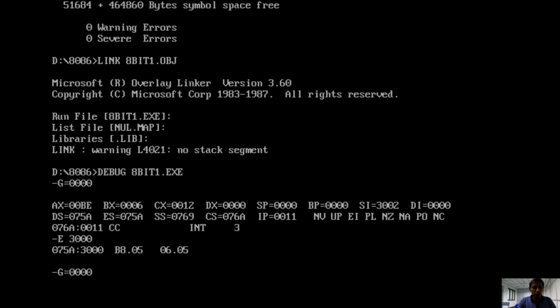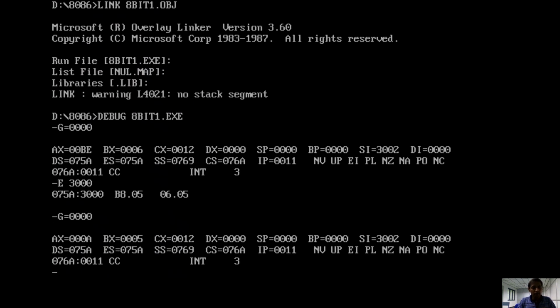So what is the command for running? G equal to 4 zeros. Enter. Then for seeing the results, where we need to see the results: 3000, 3001 are for the two inputs. The result is in 3002. That's why D space 3002, comma 3002. Why am I writing 3002, comma 3002? If I write 3002, comma 3002, we can see only that particular location's value. If you write only D space 3002, in addition to 3002, it will give you the data of other locations also. So we don't want all those.